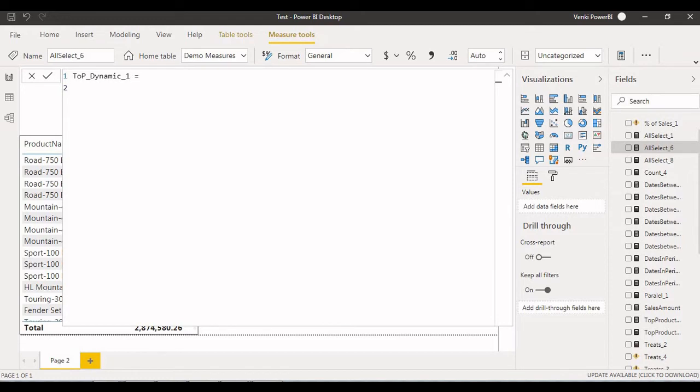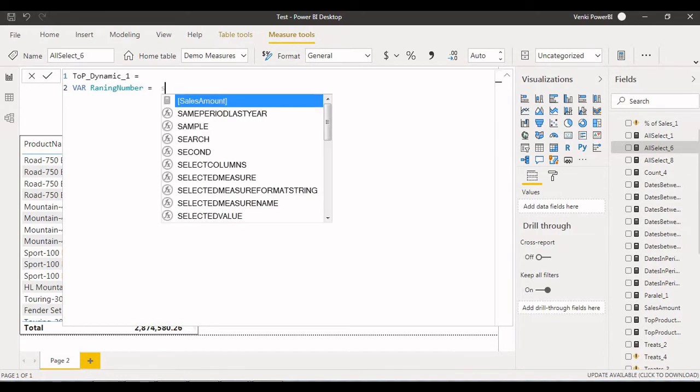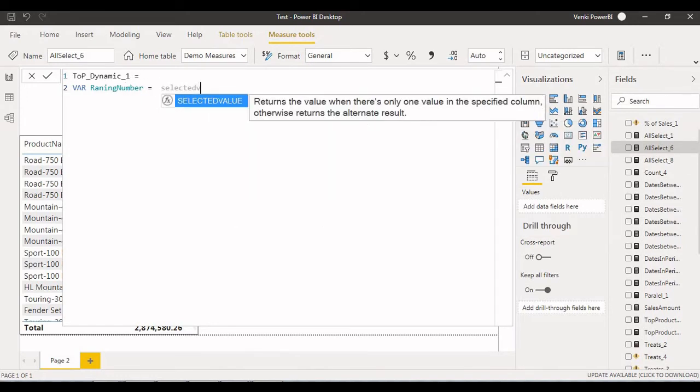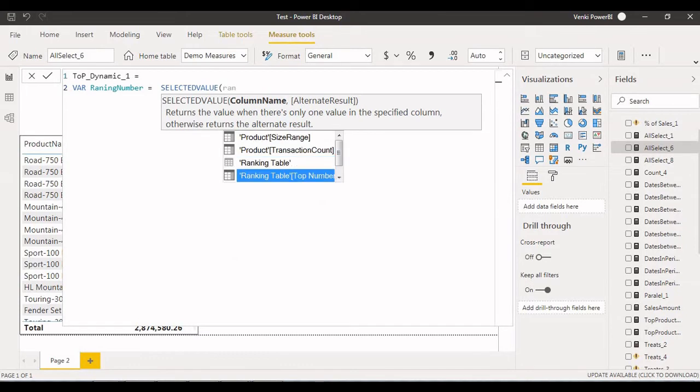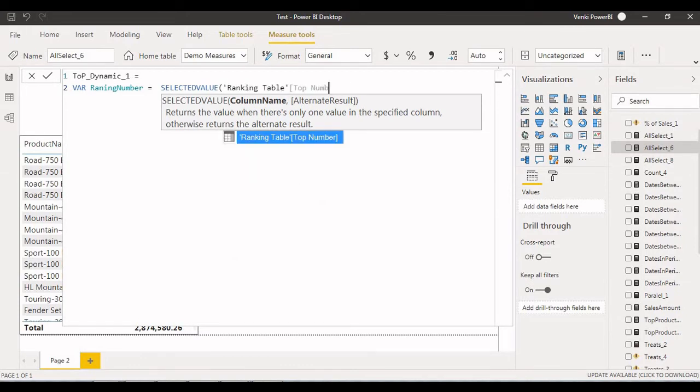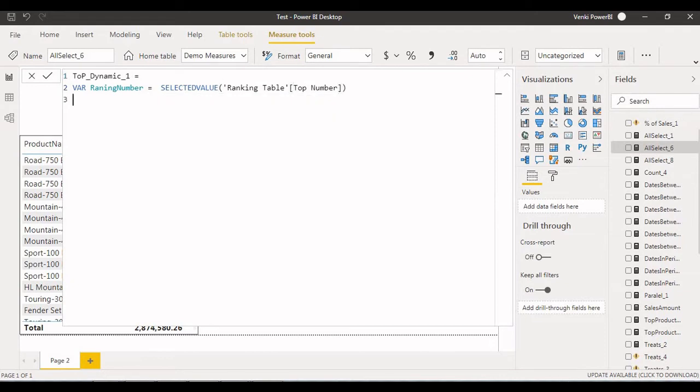For that I'm creating the variable, rank number, using the selected value function, ranking, top value, ranking number, variable, top sales,